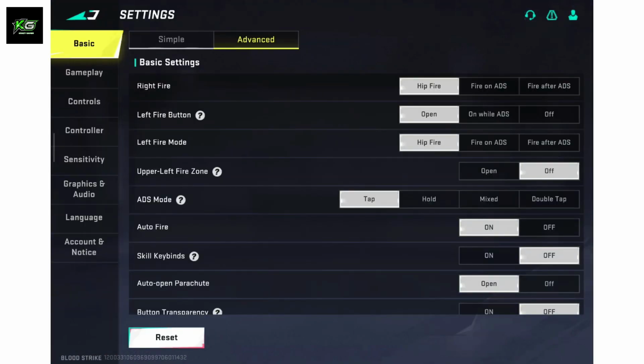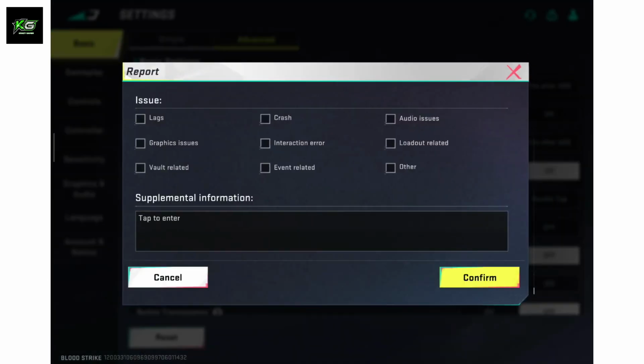Once you do that, from the settings menu, go to the upper right corner and tap on the exclamation icon in the middle. You'll then come across this pop-up where you can go ahead and report any issue that you may have in the application. Choose the type of issue you want to report between lags, crash, audio issues, graphic issues,